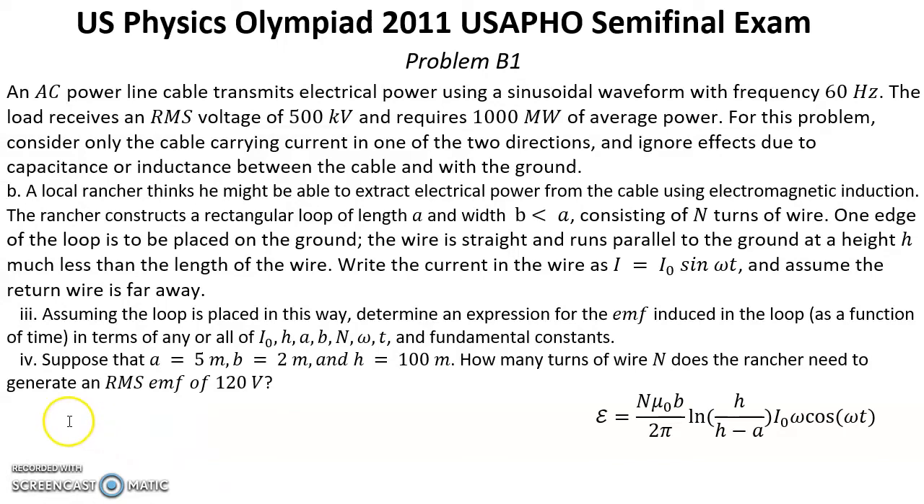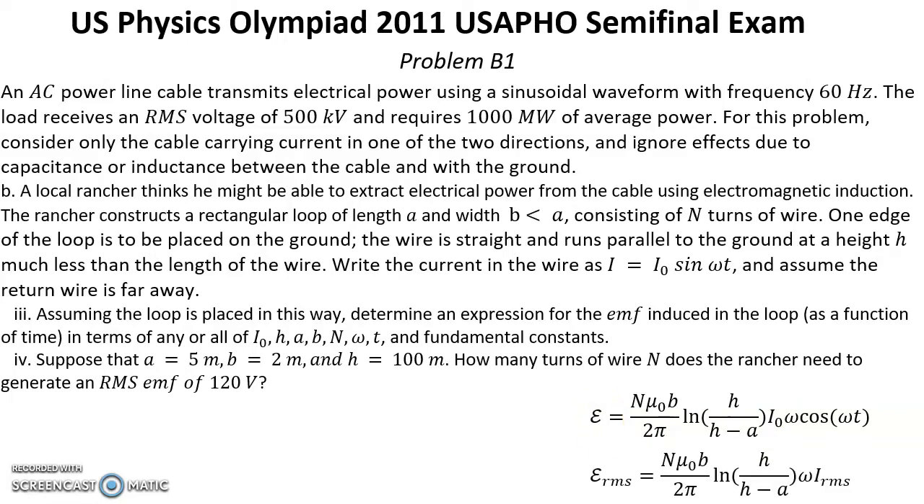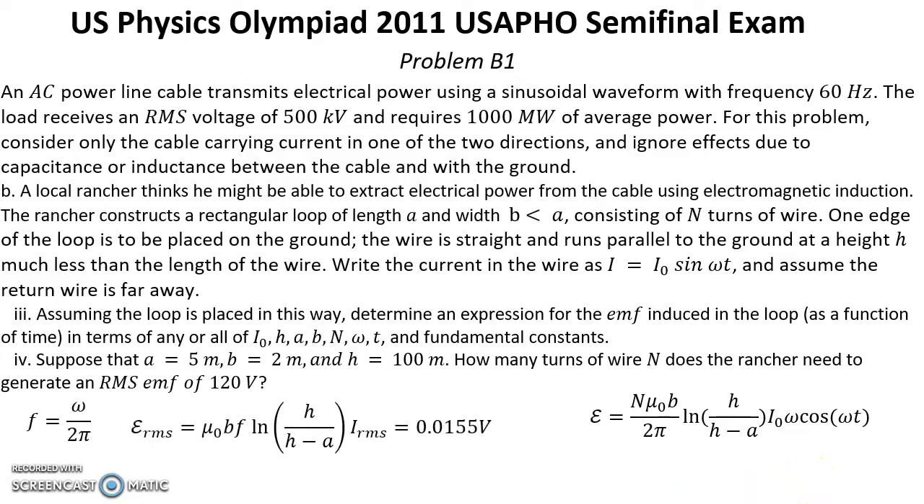To answer question 4, we can use this result, but instead of I0 cosine omega t, we can put here I RMS, and instead of EMF, EMF RMS. So that will be this EMF RMS expression. Also, we need to convert the omega to a regular frequency. So, using the expression for regular frequency as omega over 2 pi, we have EMF for a one turn loop, like this. And that's equal to